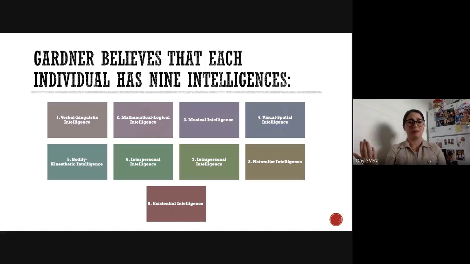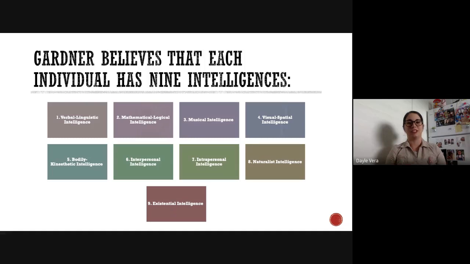It is mathematical and logical intelligence, and this is the ability to think conceptually and the capacity to discern logical and numerical patterns. So what can you see? Can you learn numbers? Can you learn figures? Is that what you can see? That's why people that are usually good at math are also good at sciences like chemistry and physics, because they relate to one another.